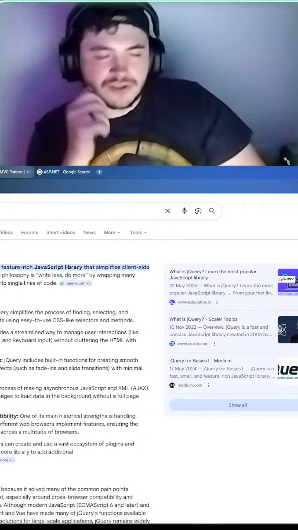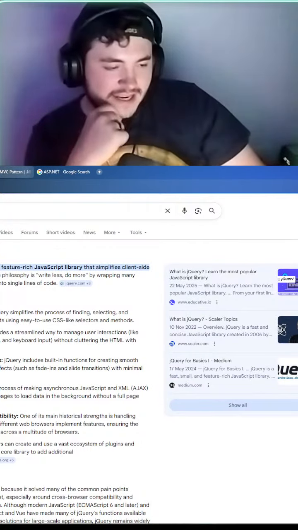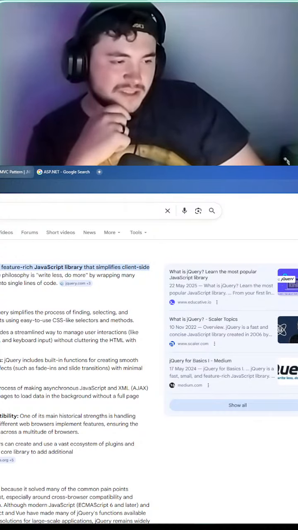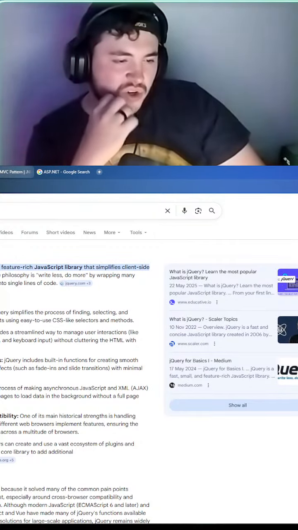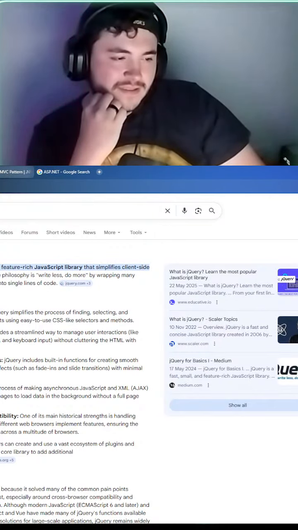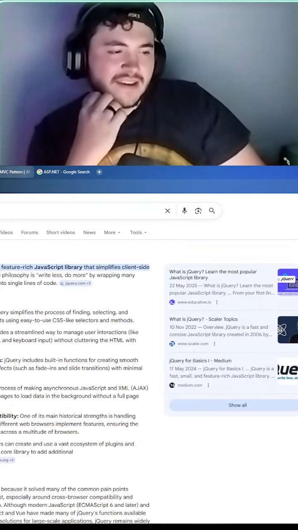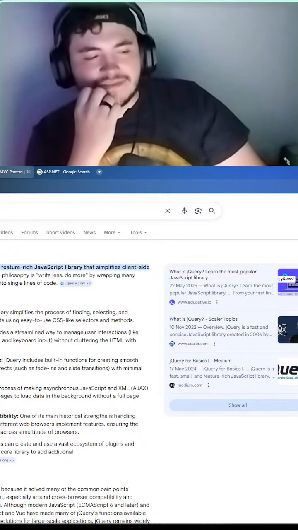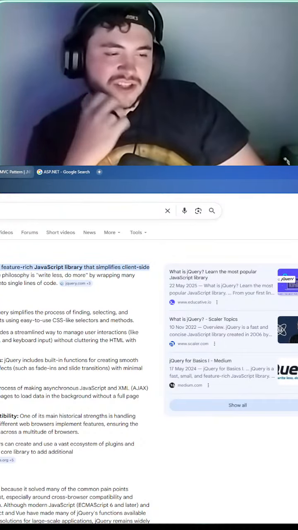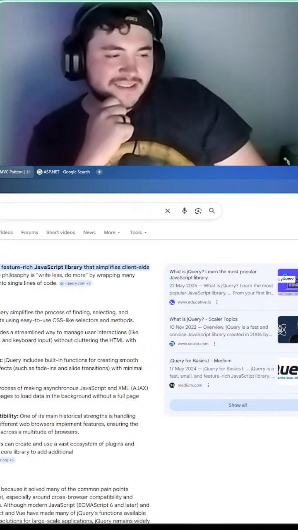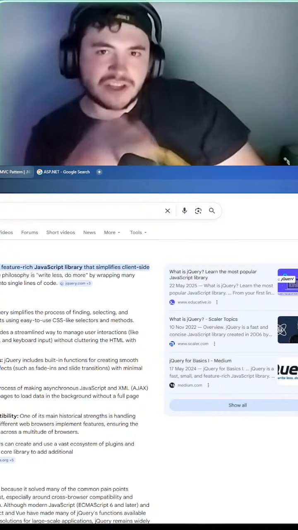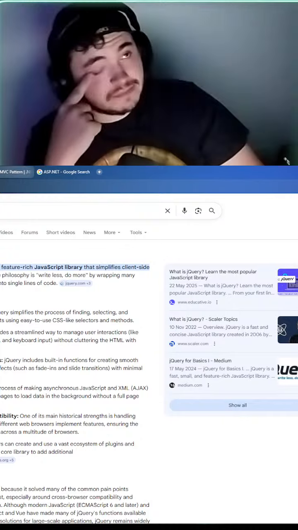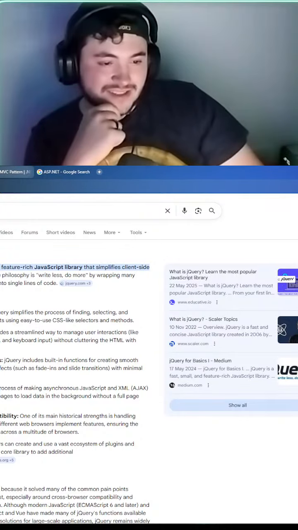DOM elements, document object model. I'm not going to get into that now because it's just a can of worms to explain. But long story short, jQuery does event handling and DOM manipulation. All of the features of jQuery are handled by a good framework.